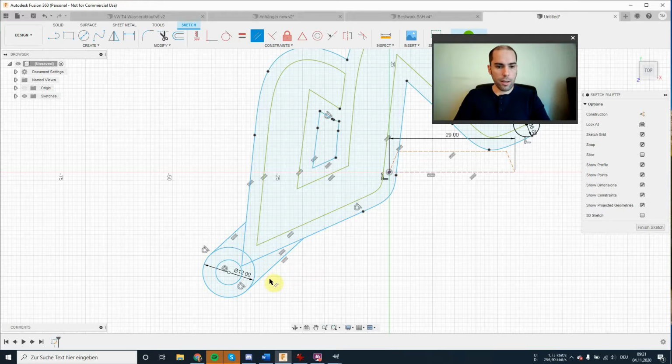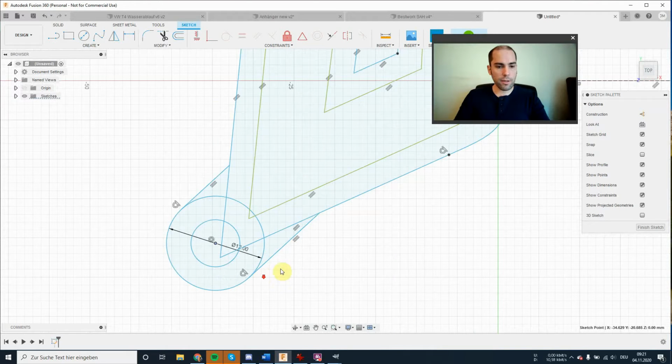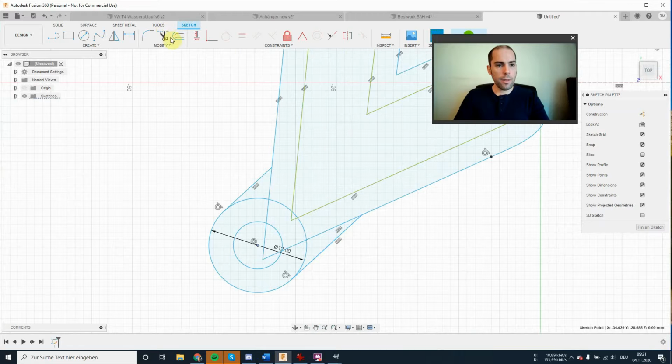and then also add a parallel constraint so they will be parallel and visually pleasing. Now this is a bit too big actually, so we're going to move those circles a bit closer, and yes, this is a good place to have this eyelet. And again, we trim away all the parts we don't need anymore.